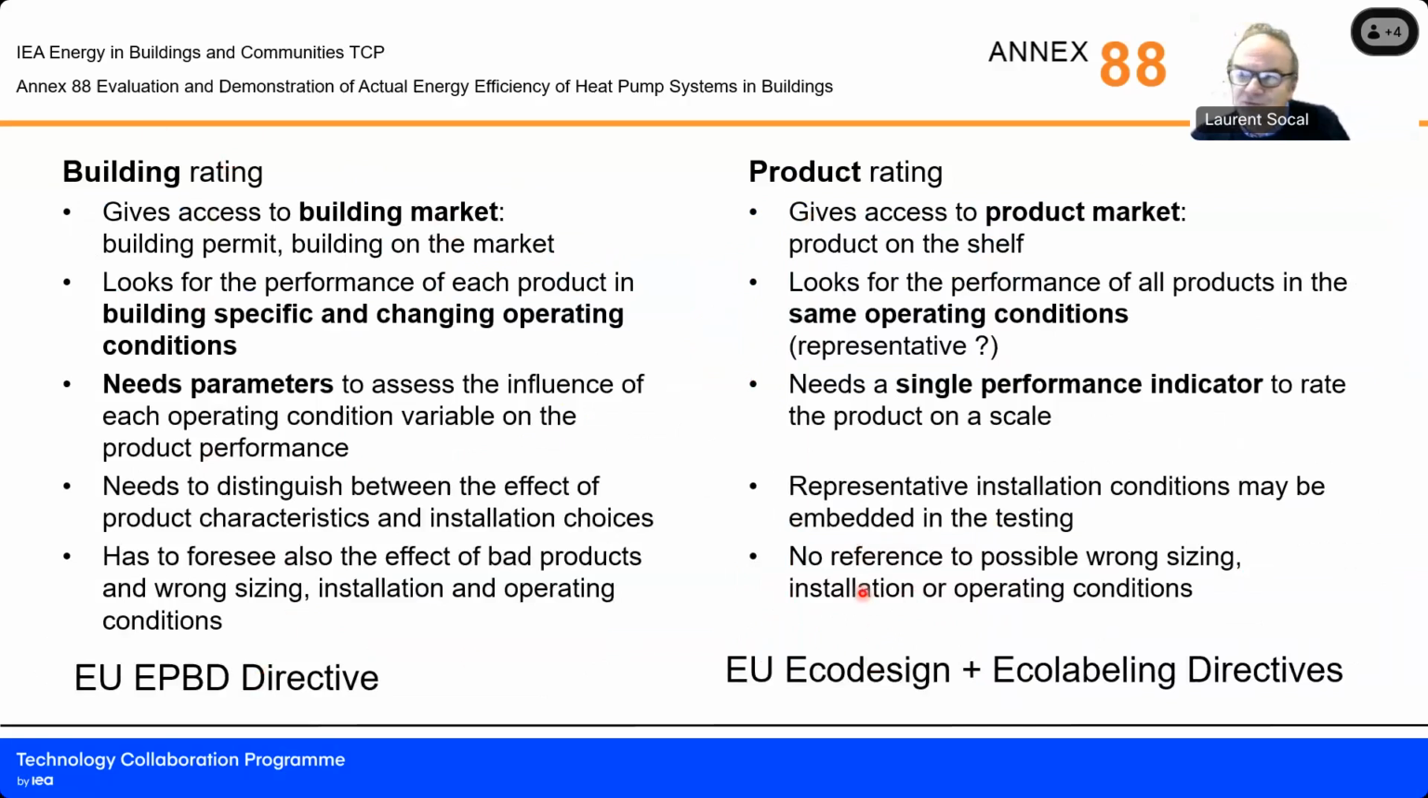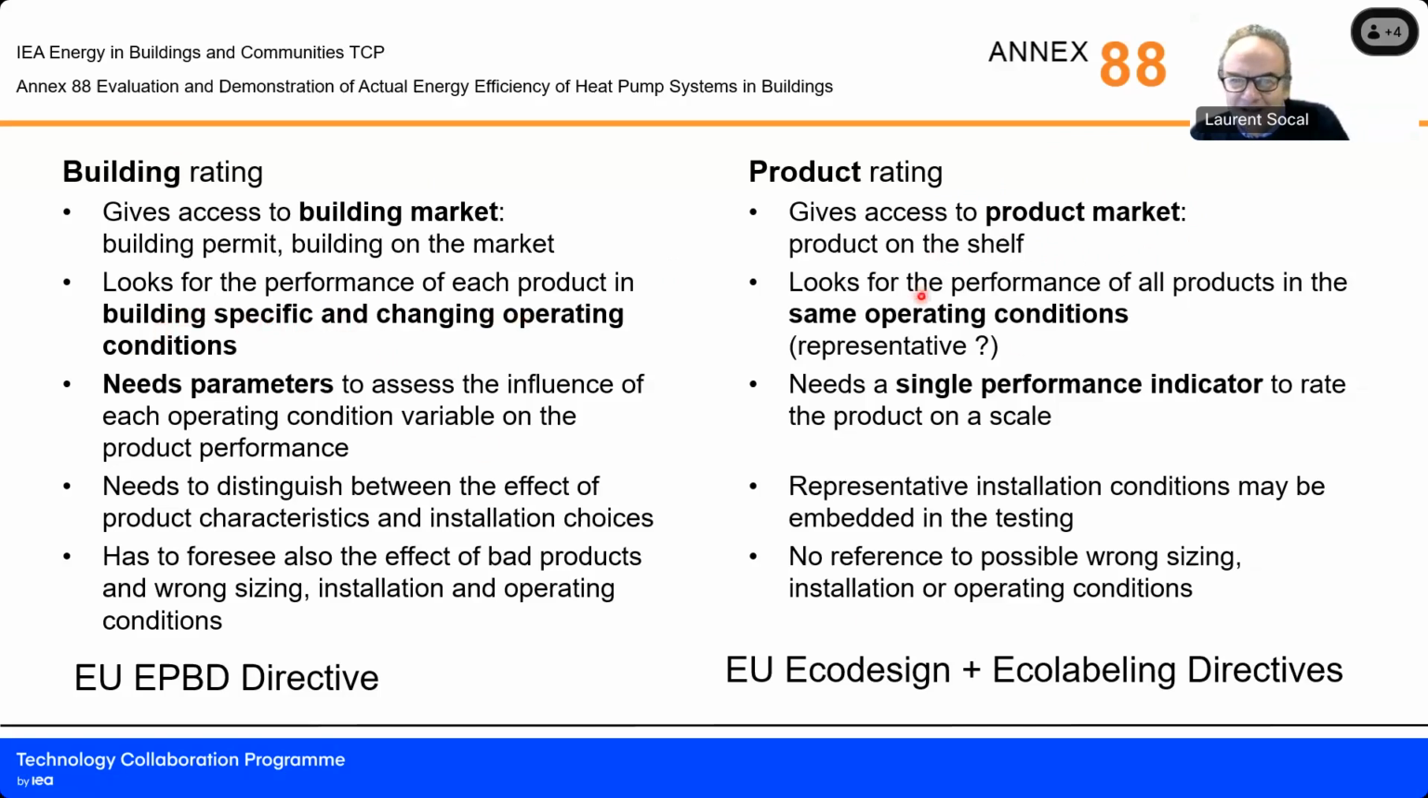These are really two different contexts that require different data, because this gives you access to a building market, so building permit, or for example, energy performance certificate, something like this. This gives you access to product market. So the end of this process is on the shelf of the dealer, and then everything is finished because the product is sold. And this looks for the performance of each product in building specific and changing operating condition, if